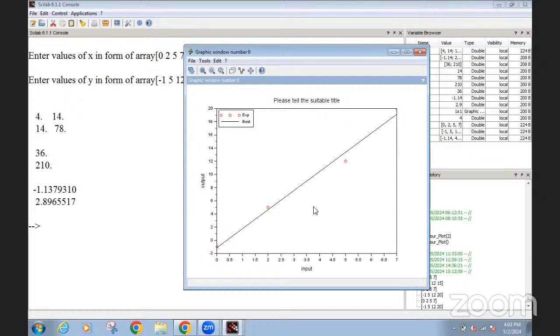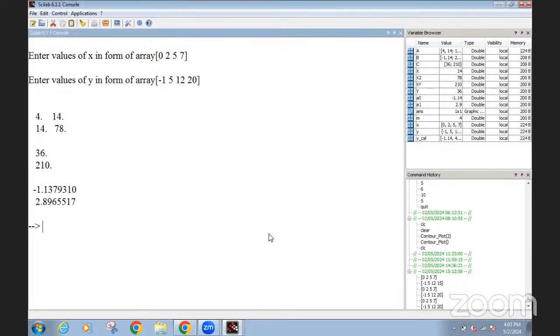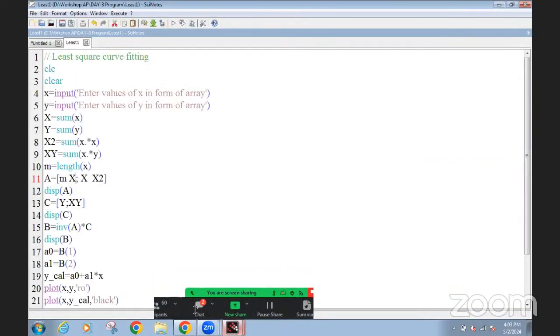So we can use SCILAB for curve fitting also. This is one of the applications. Similarly, we can solve ordinary differential equations using SCILAB. We can solve partial differential equations using SCILAB, and so on. And one more, the last thing I want to show you is,